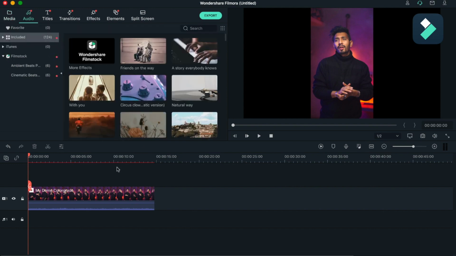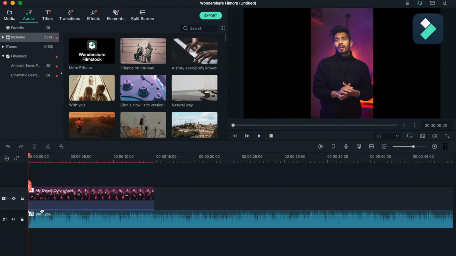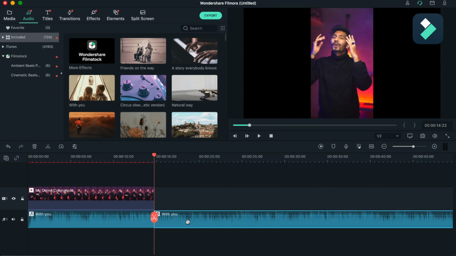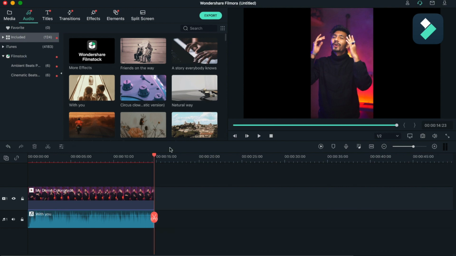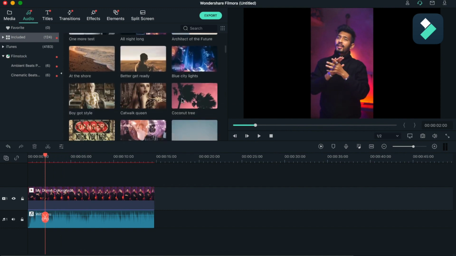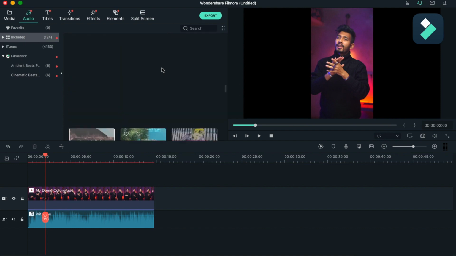So I just need some audio for my background, so I will be putting down my noise, and I will be adding some songs behind it. I will need to trim, so I will be cutting it here and deleting the remaining portion. So easy and smooth. So this is the audio tab. You can find many audio tracks here, whatever suits your project. You can just go through and search for it.